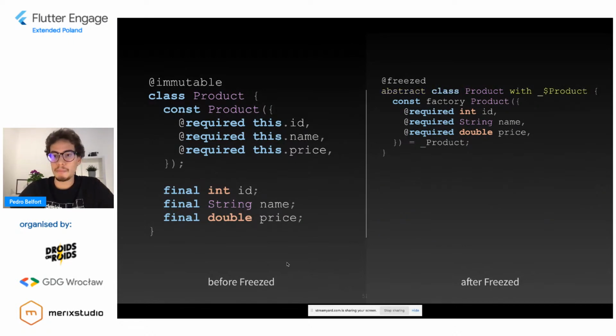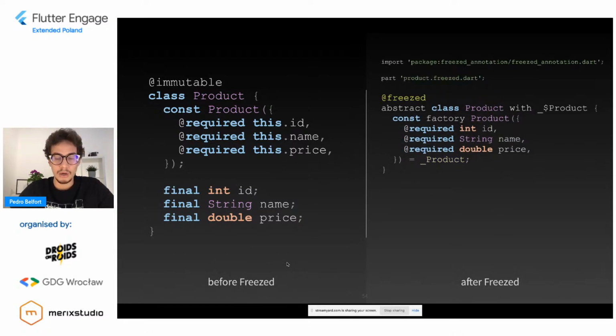You're also putting in a mixin, _$Product, that is auto-generated for you. As I said, now it's a factory constructor, and you have a private implementation of the Product class. Of course, you have to annotate it with the Freezed decorator so the code generation tool knows that it has to generate code for this specific class.